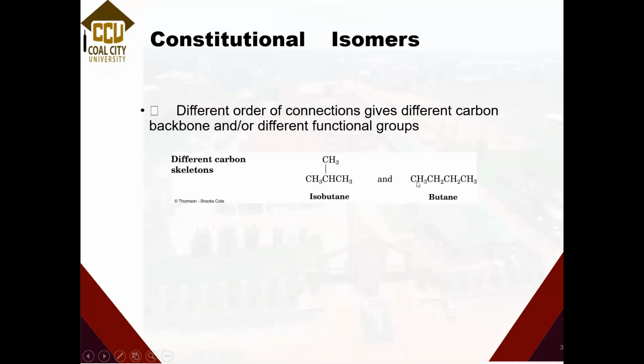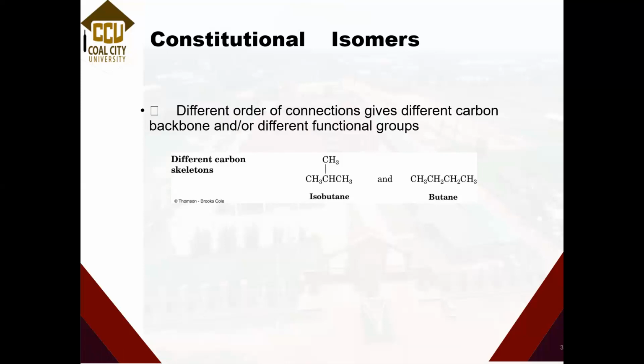This is butane. Now, if we look at their molecular formula, how many carbons do we have here? 1, 2, 3, 4. That means there are 4 carbons. How many hydrogens? 3, 6, 9 plus 1, that's 10. So we have C4H10. And also in butane, we have 1, 2, 3, 4, that's C4. We have 3, 5, 7, and 10. So that means we have C4H10. That means they have the same molecular formula, but they only differ in the way in which their carbons are